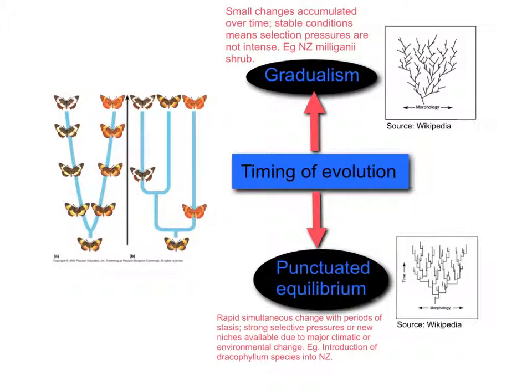So that's pretty much it. That's the timing of evolution. And remember, as I said previously, you have to link all of these things together. So you can't just talk about timing of evolution or patterns or the modes of speciation either. So you have to link all these ideas together when you're presented with a question and you think to yourself,